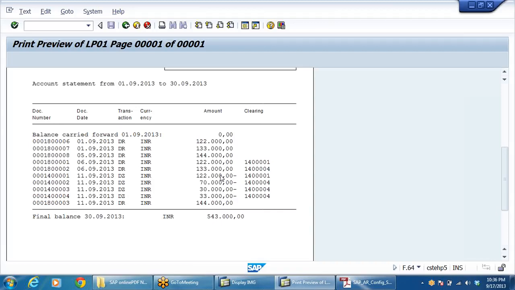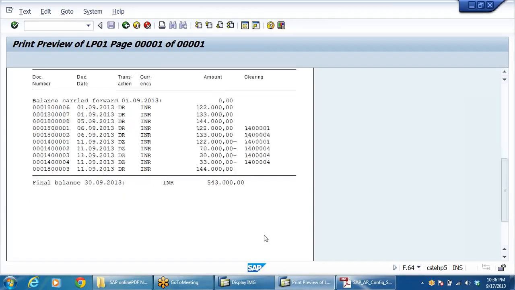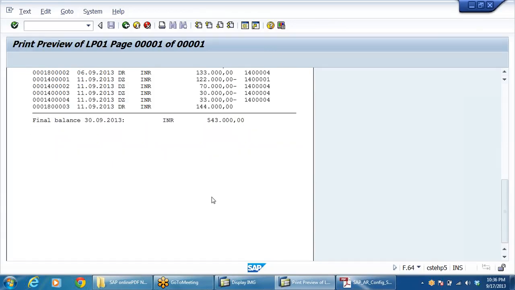All. But in a real scenario, what we are doing: here the invoice number will be given on the top, invoice number and invoice date. Transaction DR means customer invoice, DZ means customer payment, right? Here DR, DZ they don't understand. That's why we write invoice and payment. This is a clearing document. They don't understand this, that's why we'll remove it. So in a real scenario, we make some changes with the help of the ABAP consultant. Below again, signature.